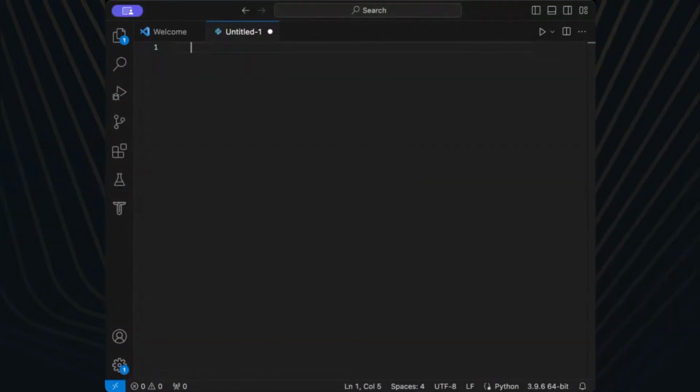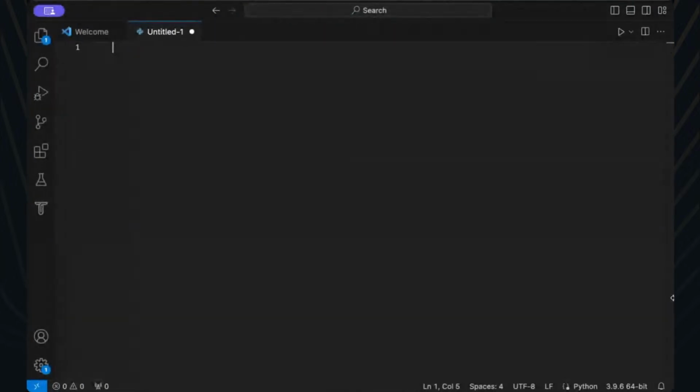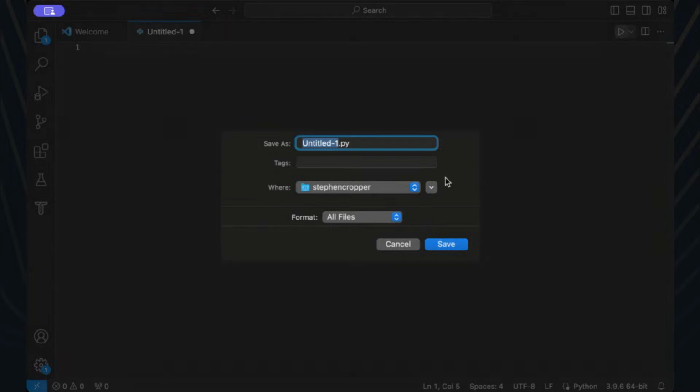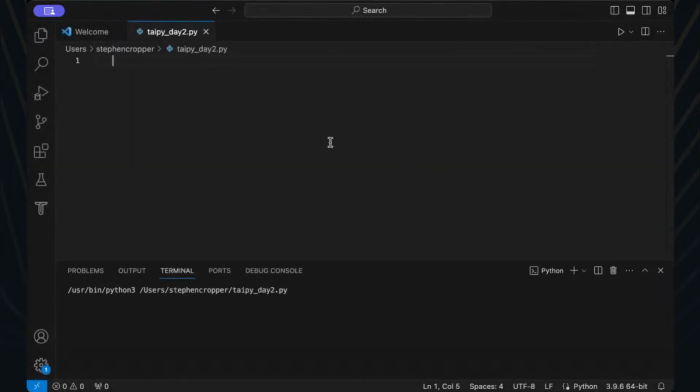Sometimes it's really hard to see Visual Studio Code. The first thing we're going to do is add a new terminal. Let me just save this as our Taipy day 2.